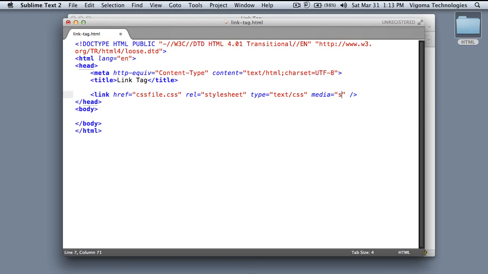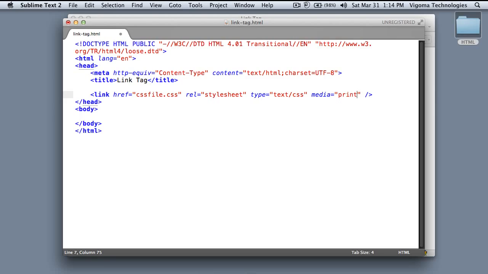Now this value can also be tty, which is for teletypes or similar type of media, or it can be tv, low resolution TV type devices, or it can be projection if the document is meant for projectors, or it can be handheld, small screen, low memory handheld devices, or it can be for print,